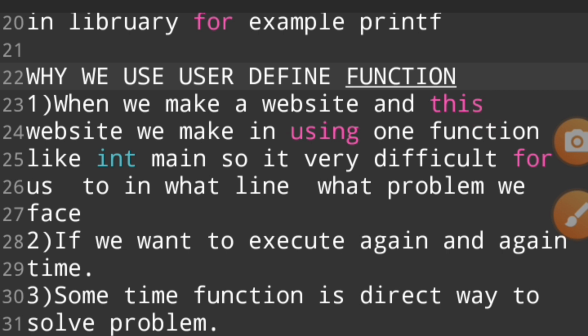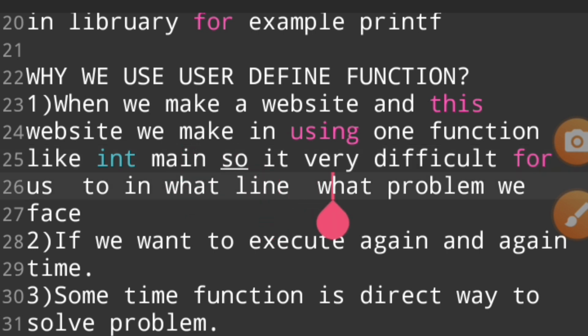When we make a website, any program, or any game, and we make this website, game, or application using only one function in the backend, like integer main, for example, we write all the code in integer main.